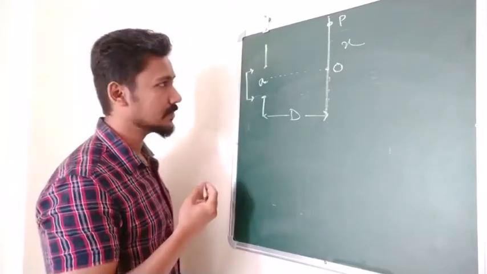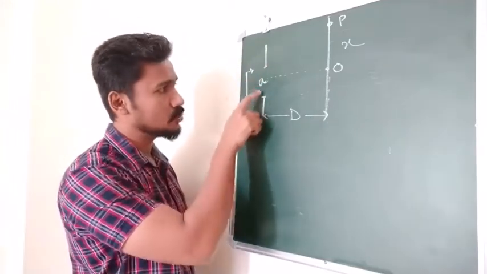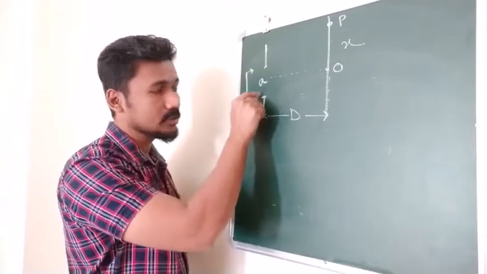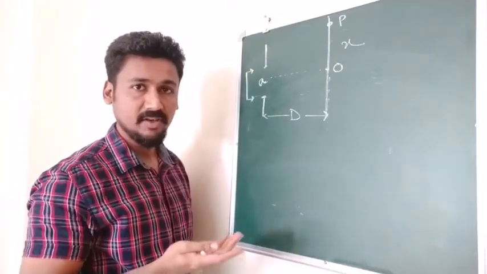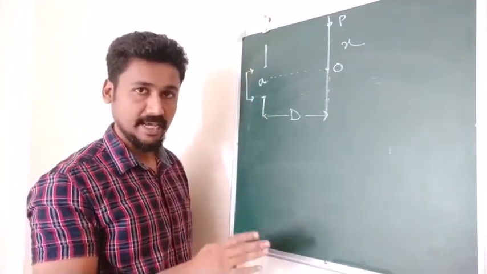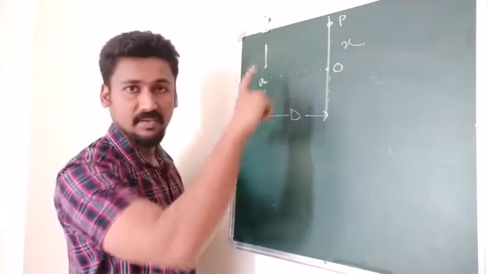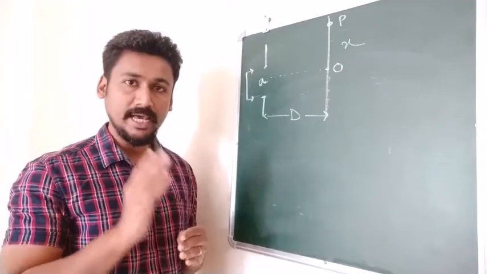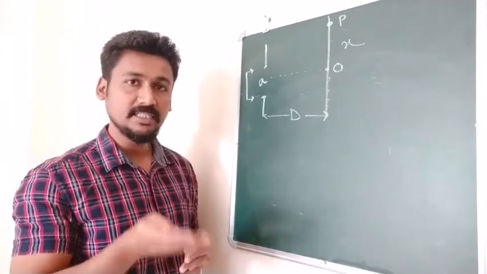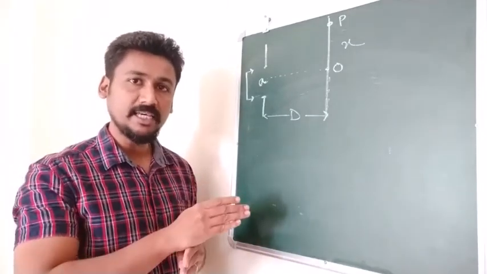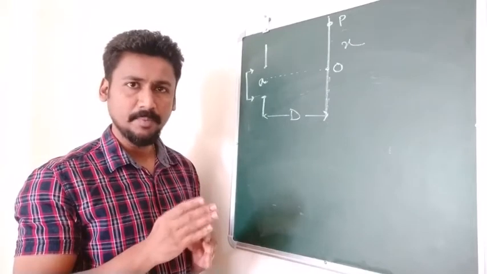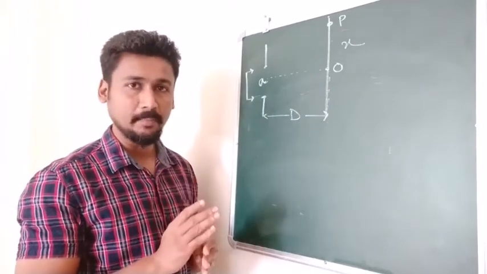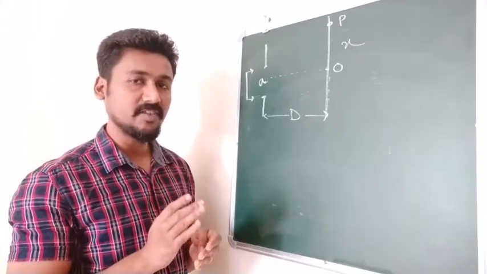So what happens is, the plane wavefront comes to our slit. Every point on the slit now acts as a secondary source of light due to Huygens principle. They start making waves. The waves now start interfering with each other. So you can actually say that diffraction is nothing but a special case of interference. Okay, because it is actually the same phenomenon taking place. But yes, the effect that we see here is different.